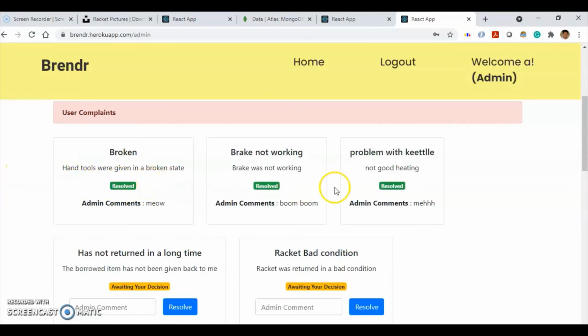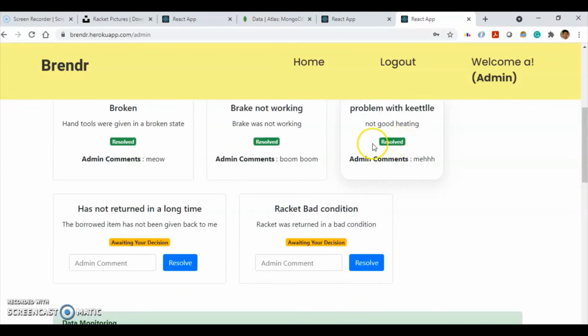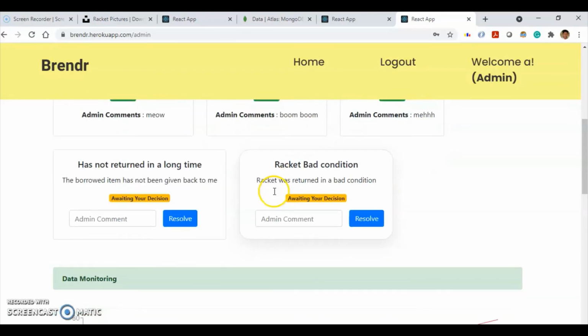These were some of the complaints that we had initially put in our system, and these were resolved by the admin. These are the new complaints. This was the racket in bad condition complaint, which was given by a user. Here the admin can contact the users and resolve this matter whenever he is free. The admin can put any comment here once it is resolved.